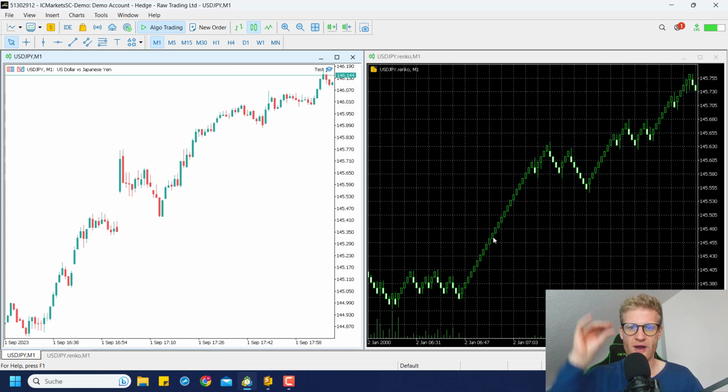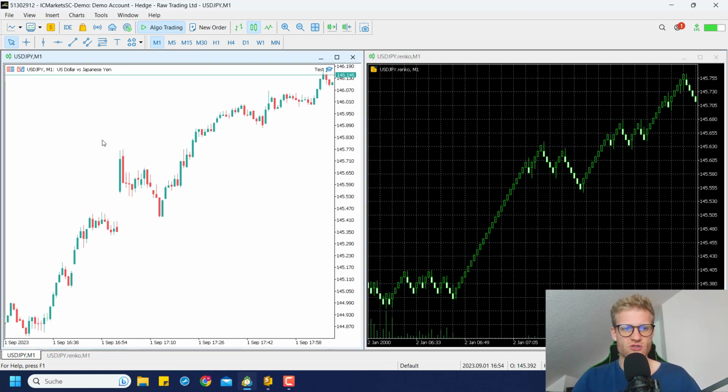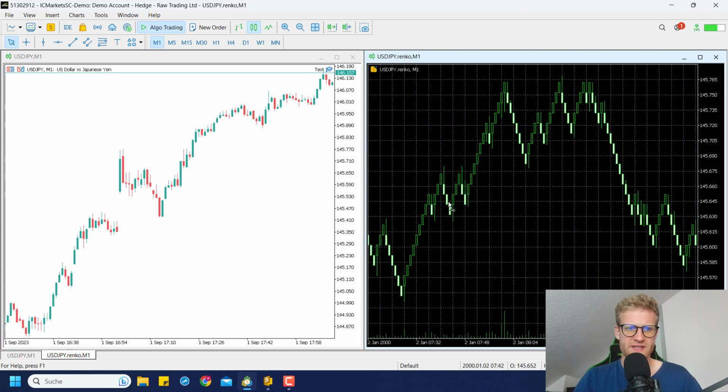So this is something which is really important when you trade with Renko charts. If you have price jumps, big price gaps, or also smaller price gaps, it might look beautiful in a Renko chart, but you might not be able to trade this. So this is a big problem. Also, what we can see here is a nice, beautiful example for the Renko chart,